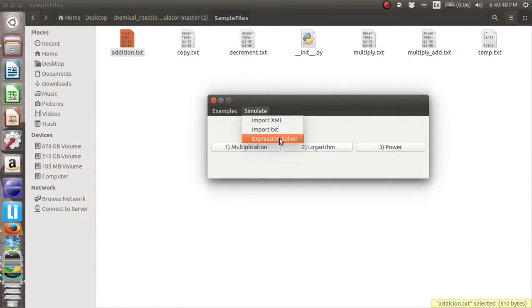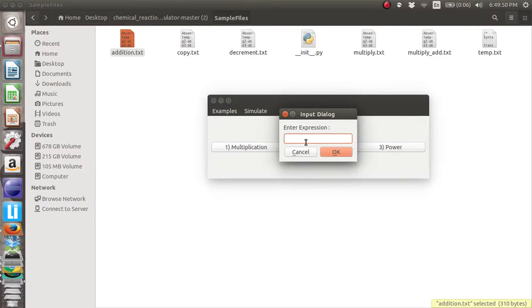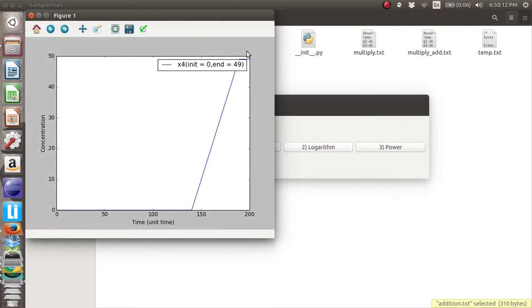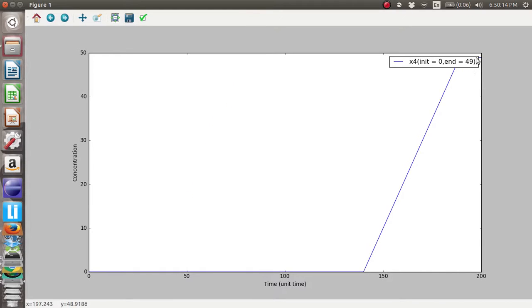Now suppose I want to solve 5 into 9 first and then add 4. So I will write this expression as 5 into 9 plus 4. So this will be solved first. 9 5s are 45. 45 plus 4 will give me 49. So after simulating this, I get the value 49.